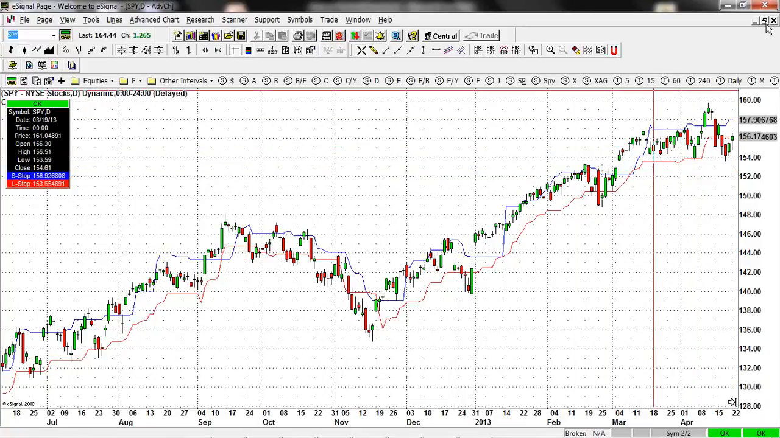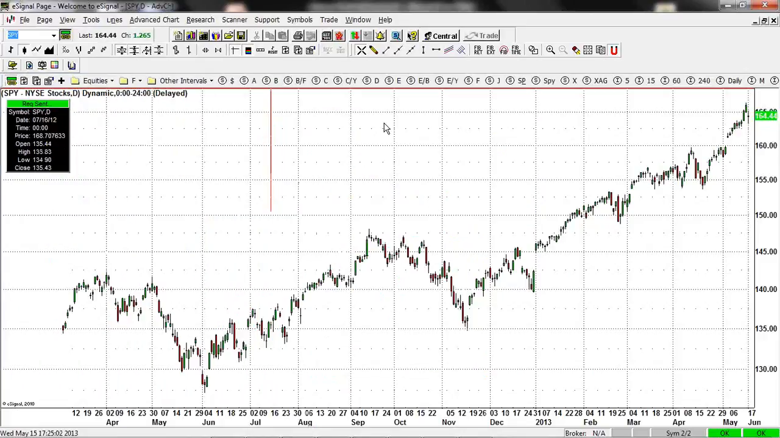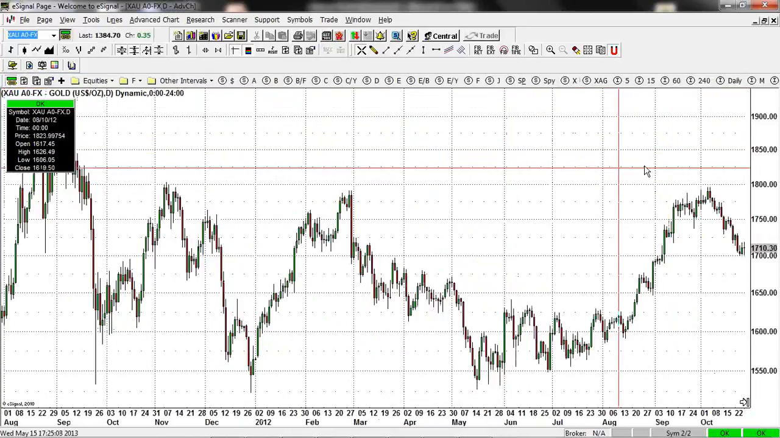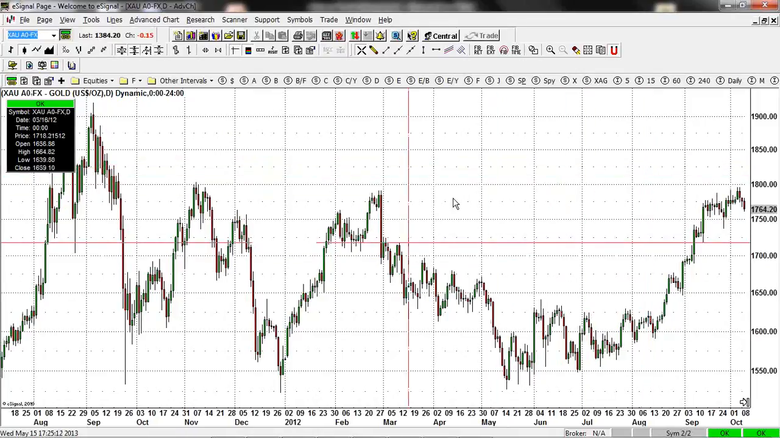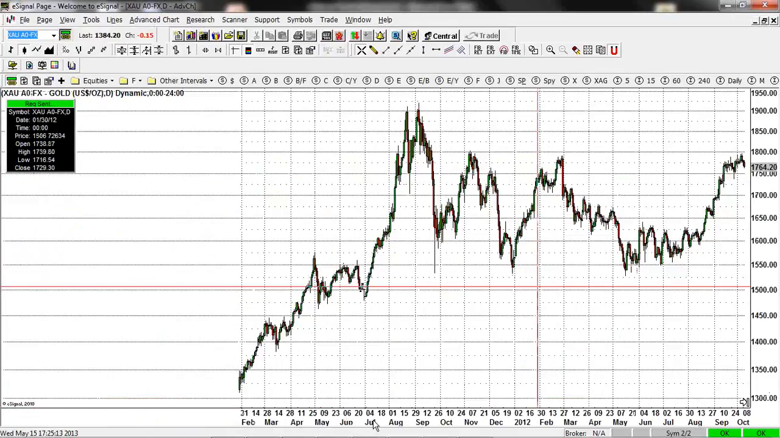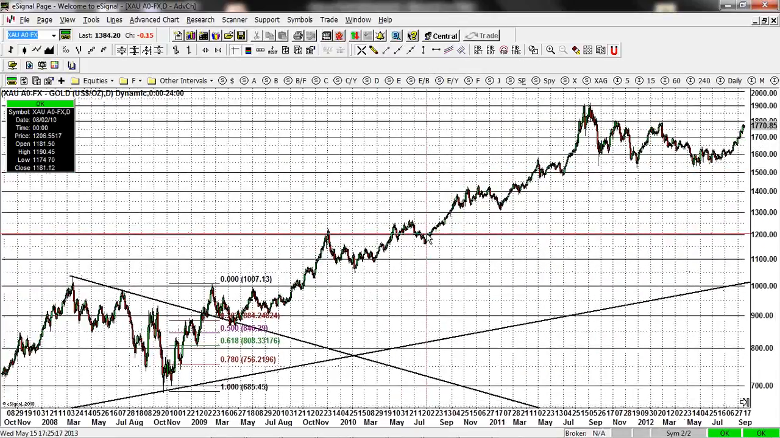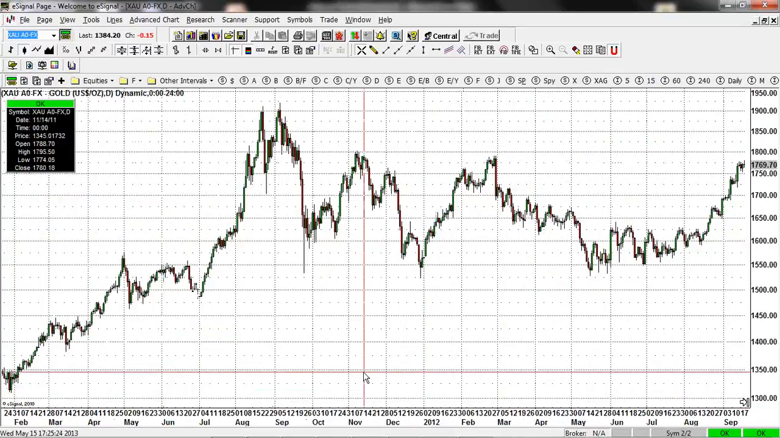Okay, the other type of trade I'm going to speak about is a reversal. Now, I do not advise that you trade too many reversals because you could lose a lot of money when you're wrong. But this is an example of a trend reversal in gold,